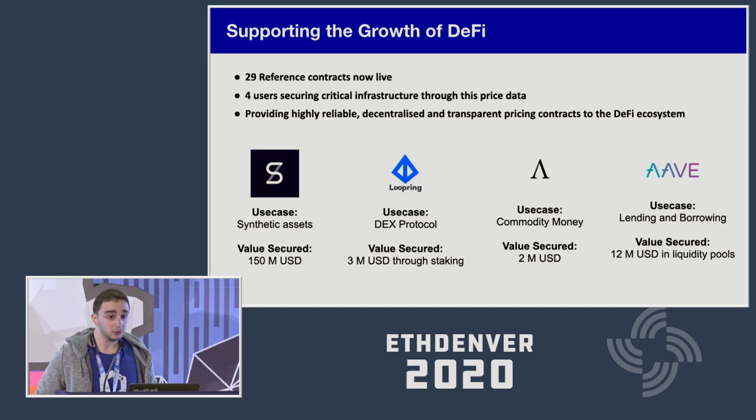Every DeFi dApp right now, as of today, needs price feeds, right? And the way they access these price feeds is extremely important. Now, if you build a dApp on Ethereum, you are not recreating the whole underlying infrastructure on which your dApp resides, right? You're not recreating the whole blockchain. You're building something on Ethereum. Well, we believe that if you want to access data, you shouldn't build the whole underlying Oracle infrastructure. You should be able to use a network which can provide you this data. And this network right now is Chainlink, which can provide you more than 29 reference contracts, prices for any data you would need.